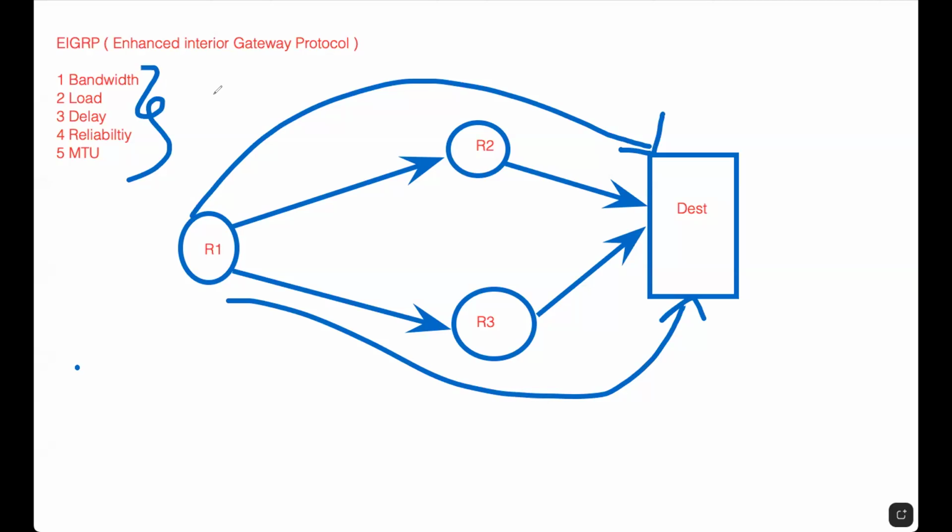So the formula for the metric in EIGRP equal to K1 into bandwidth plus K2 into bandwidth divided by 256 minus load